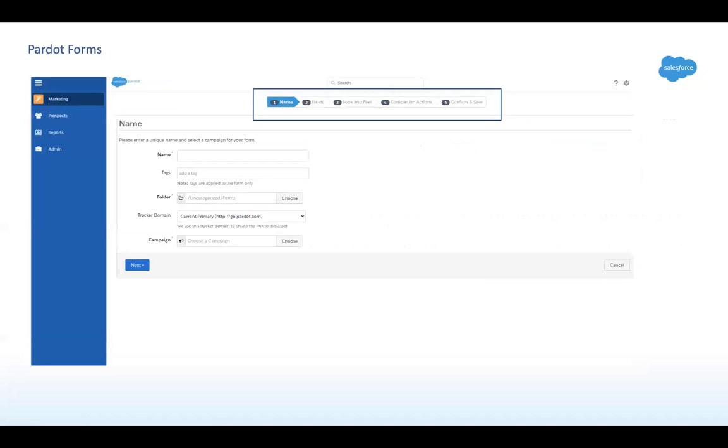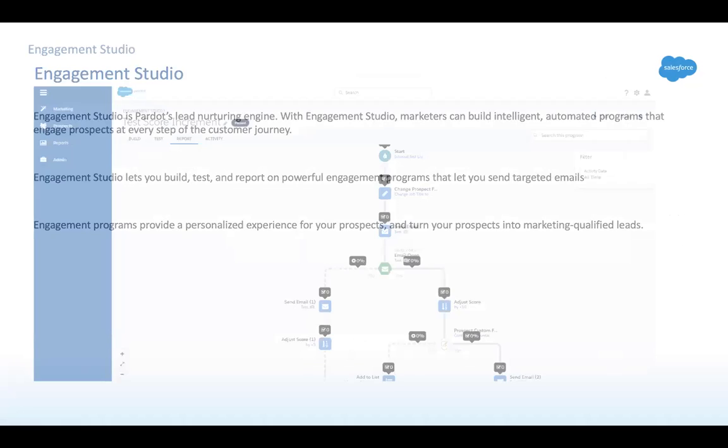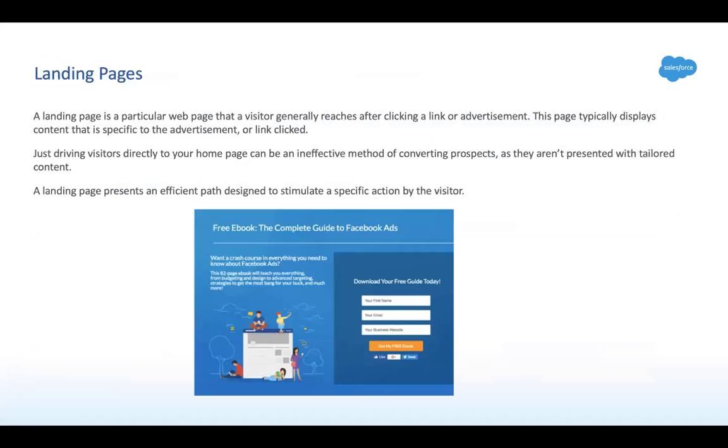Next is, and before Pardot forms, I will quickly skip to landing pages. So what are landing pages? For example, as I mentioned, there is an ad coming for an Amazon sale, an upcoming sale. When you click on it, it doesn't usually take you to the homepage of Amazon. It takes you to a page which is a landing page for that particular sale. So you see all the data of that sale on the left side,